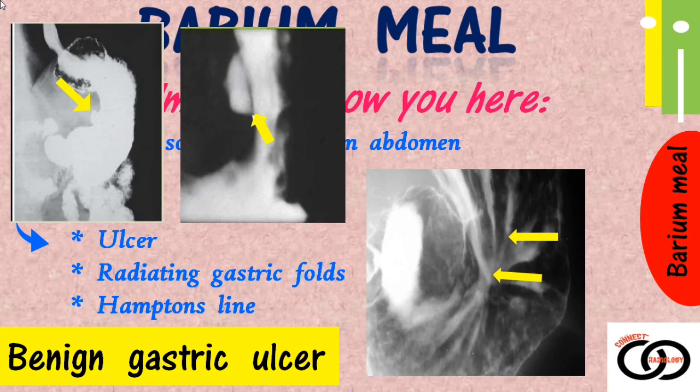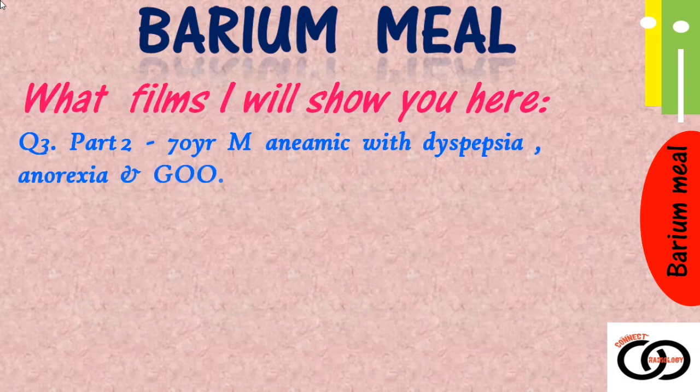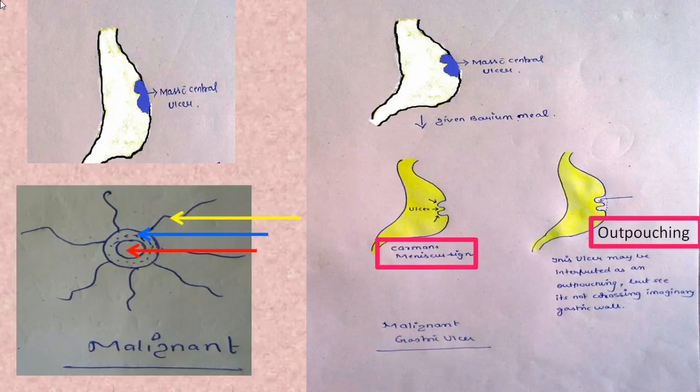Okay, another case scenario. A 70-year-old anemic patient presented with dyspepsia, anorexia and features of gastric outlet obstruction. Again, we did his barium meal study and what we will see. Let's see this hand-drawn depiction first. Okay, there. Can you see a growth in the stomach? As the growth increases with time, its blood supply becomes insufficient for its growth, so the central portion ulcerates. See the second picture. There is an ulcer caused due to growth in the stomach in the central part of the tumor, that is the red arrow.